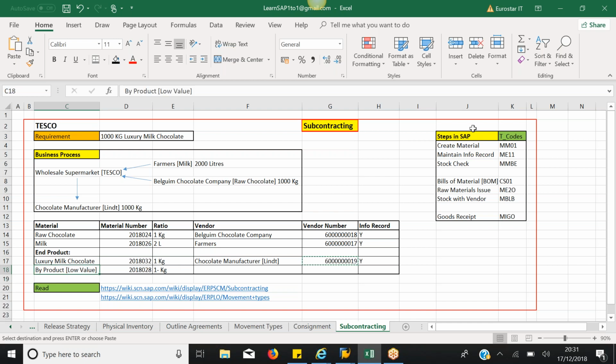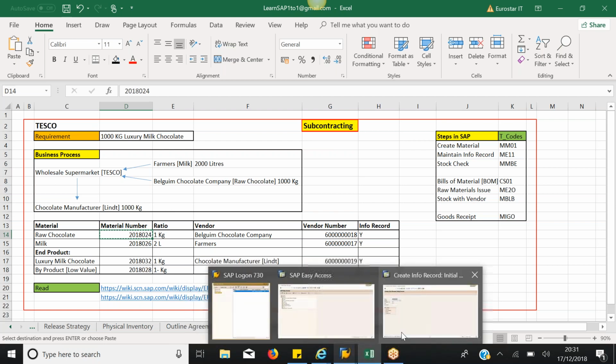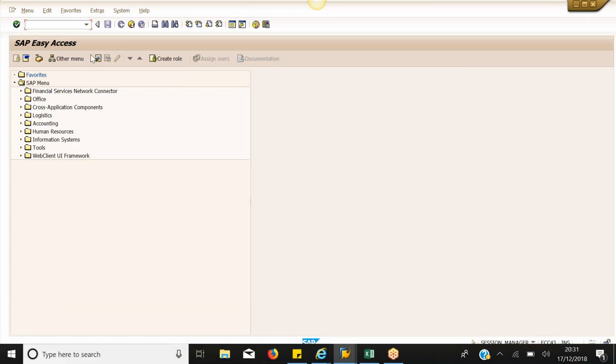Okay, so these are the steps. I've just created a material and an info record. Now I will do a stock check. Let me do a stock check for the first material, which is raw chocolate. The transaction code is